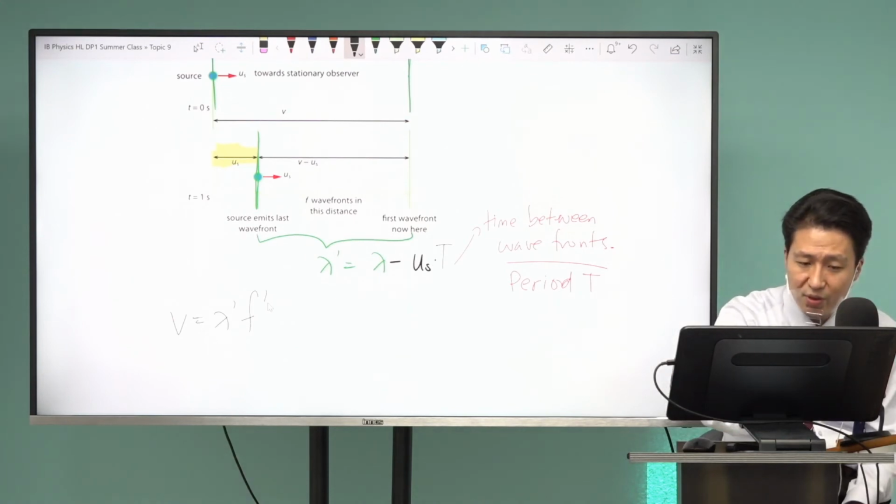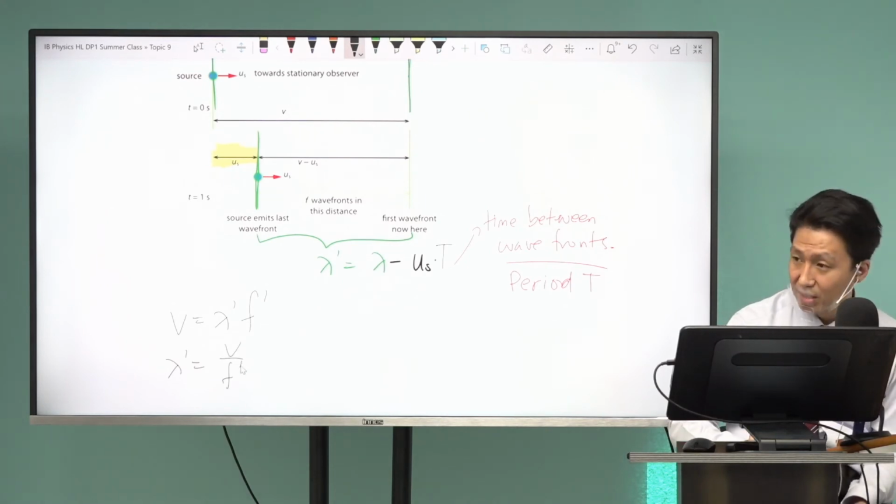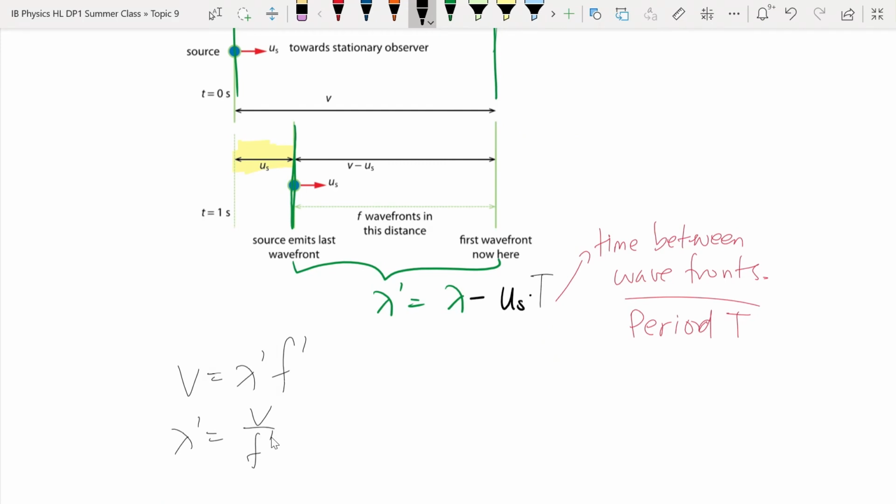Now, the new wavelength is going to equal the velocity divided by the frequency, right? So let's do the replacements. It's going to be v divided by the new frequency is equal to, and this is the old wavelength, so let's use the old frequency, the same velocity divided by the old frequency, there's no prime, right? Minus u_s and t,